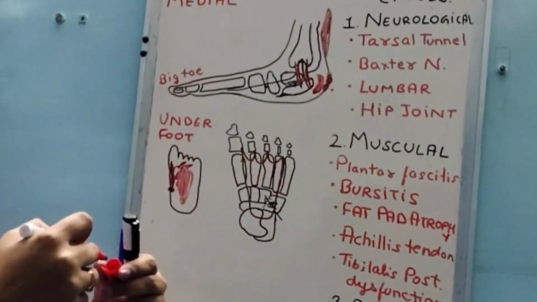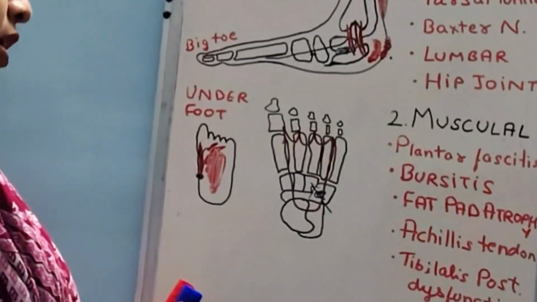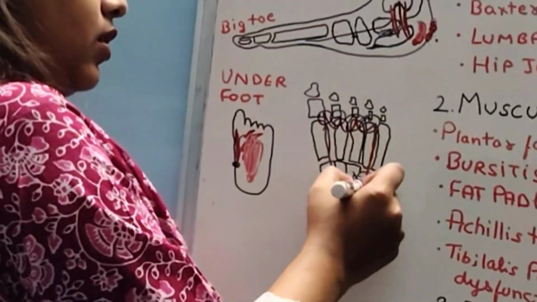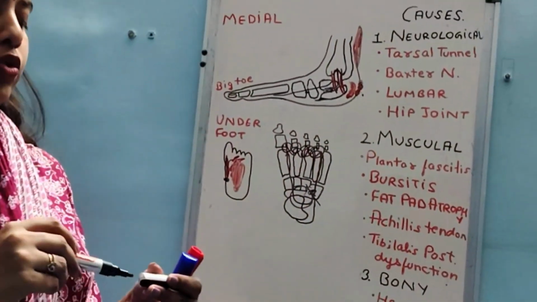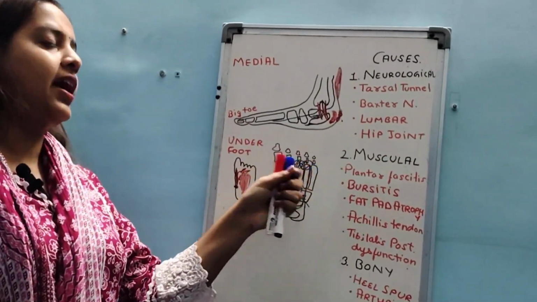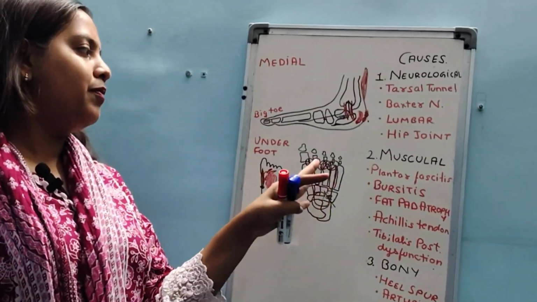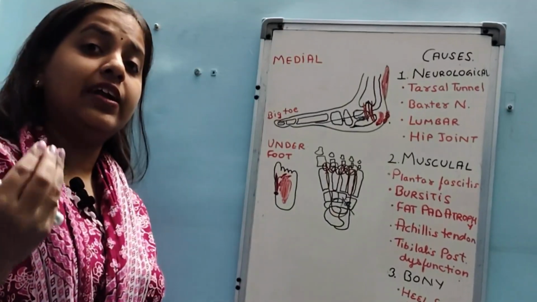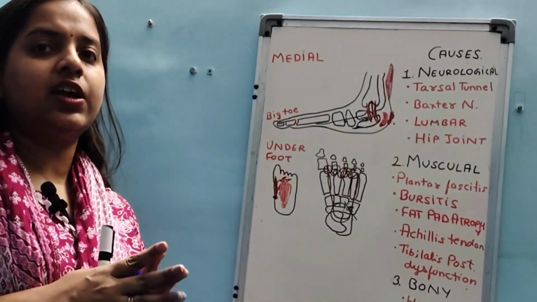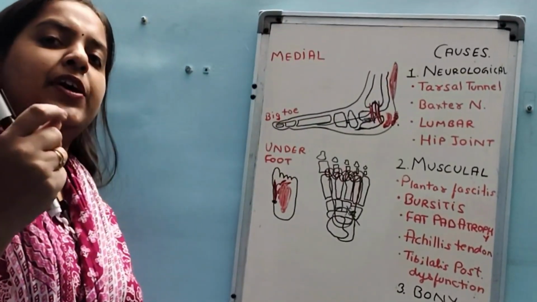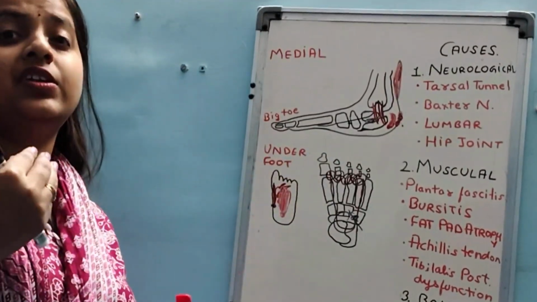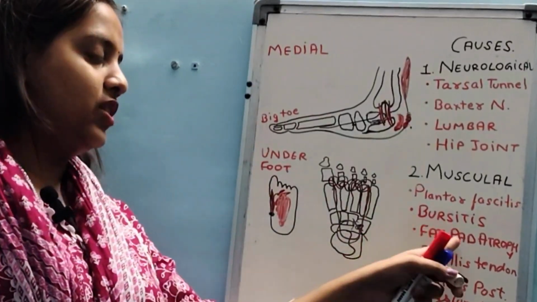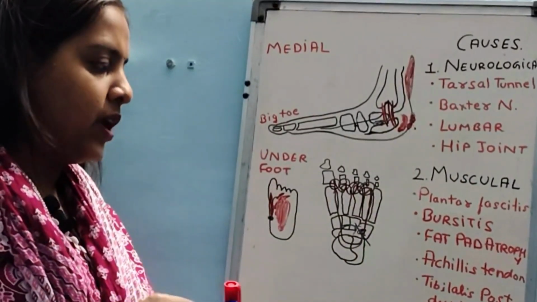Next is fat pad atrophy. We also have fat from the underside of the foot in the weight bearing regions. So again, due to some kind of exertion, if this fat gets atrophied or reduced, then you may experience pressure directly on your bones, which causes a lot of tenderness and painful sensation, and the patient cannot walk barefooted. The patient will complain of sensitiveness on the foot and will say that I cannot put my foot on the floor. So that is one of the causes, fat pad atrophy.